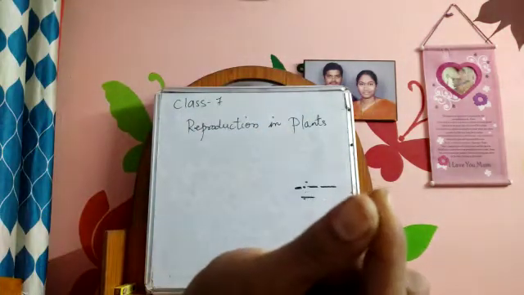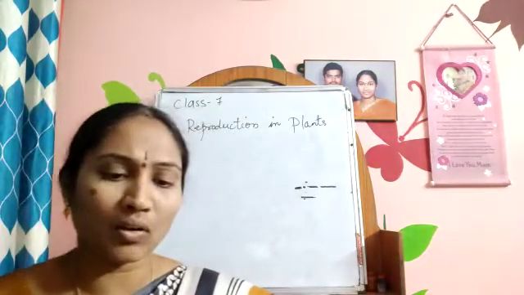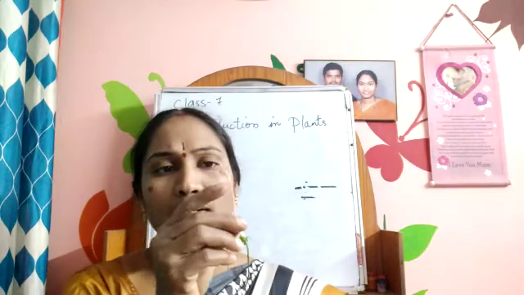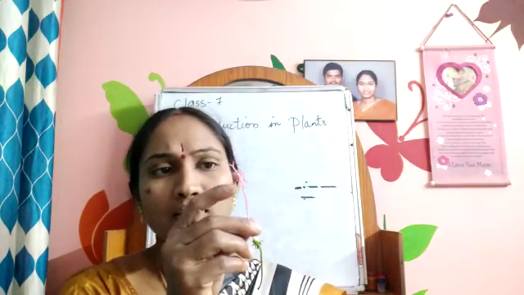Just below it is a fine whitish thread-like structure called the filament. I think you cannot see. Okay, it's very tiny, so we cannot see it. But take a flower and observe by yourself. The white, thin thread-like structure is called a filament. And on the filament there is an orange, round, bulb-like structure. It is called a pollen sac or anther.